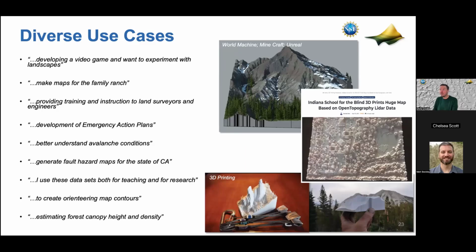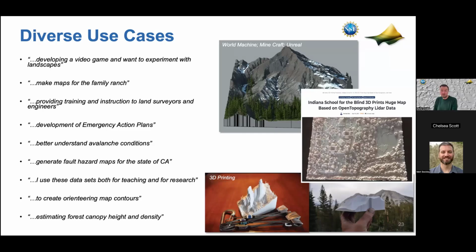People are pulling data from OpenTopo to use in video games and virtual world development, whether that's World Machine or Minecraft or Unreal Engine or all these other platforms for virtual data visualizations. 3D printing is a large market for us. A lot of people pull data to make a 3D print, whether it's their favorite rock climbing location or some other cool application of 3D printed topography. And then there's lots of commercial sector consulting and agency activity, and agriculture, and all these kinds of things.